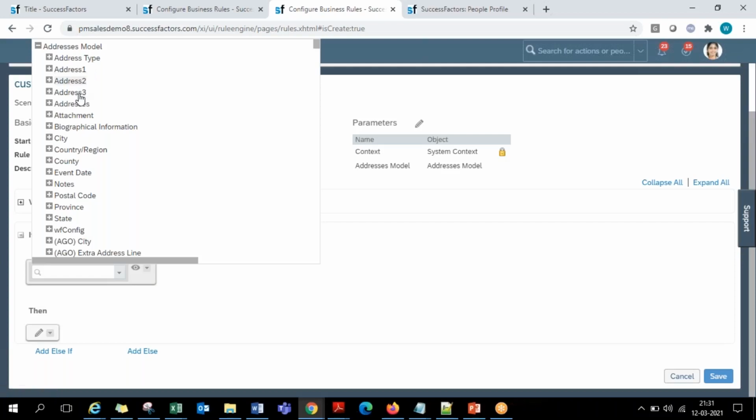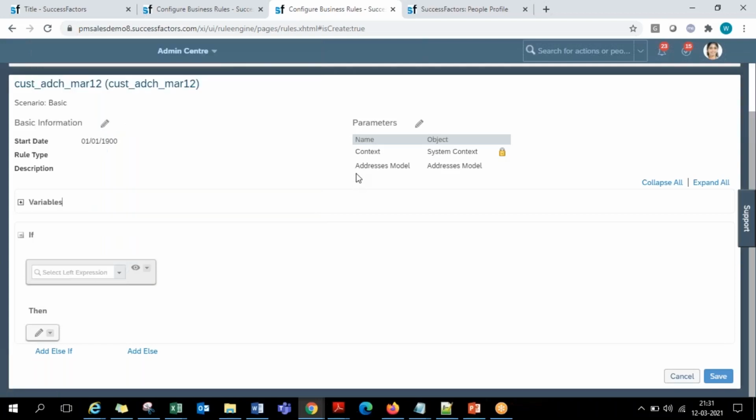Address line 1, address line 2, address line 3, the city, county, state, province, all these fields of the address portlet come up, so that it will basically give you an advantage of writing the conditions on any fields of that particular portlet.